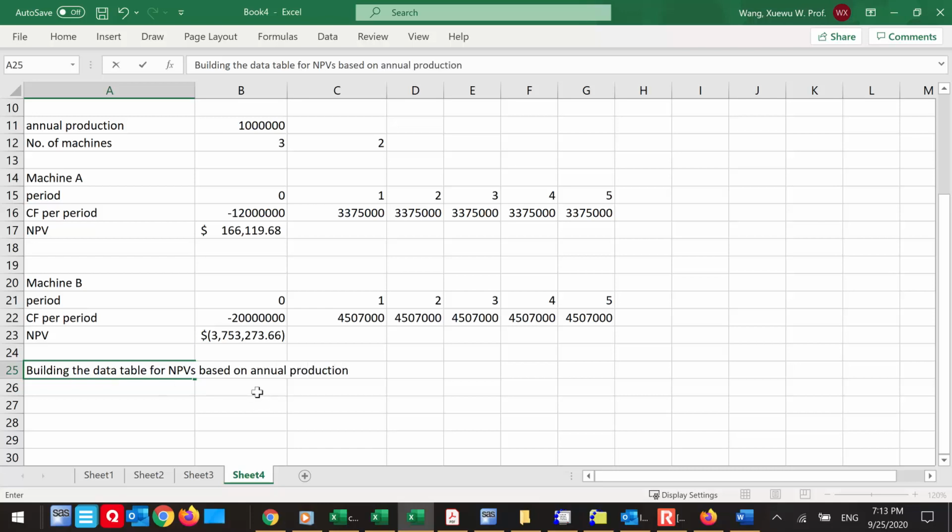All right, so I'm going to actually build a data table in a row. All right, so let's see whether we can actually get this done. All right, so I'm going to look at the annual production here. So you want to look at a possible range of the annual production. So I'm going to do, how about